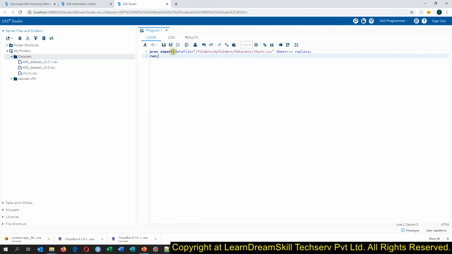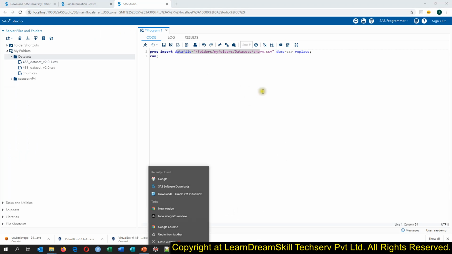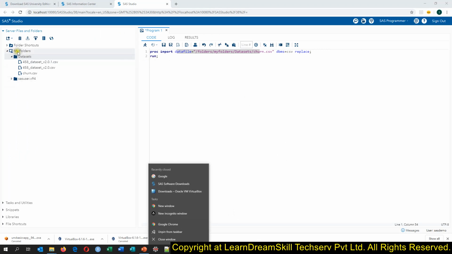So what this code is doing: proc import, and it is the data file name. This file is there in the path. If you come here in the system, we have this path: E drive, SAS University Edition, My Folders and the dataset. Whereas in this virtual machine, you will have to use this path. So keep everything in My Folders, and you will have multiple folders placed in My Folders.